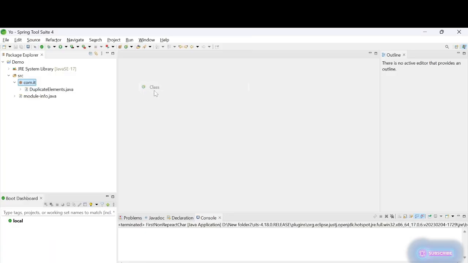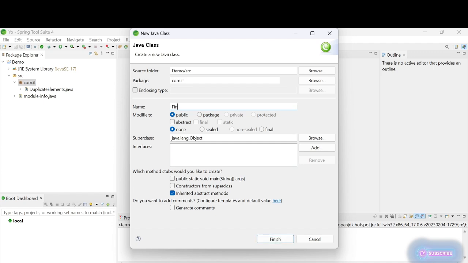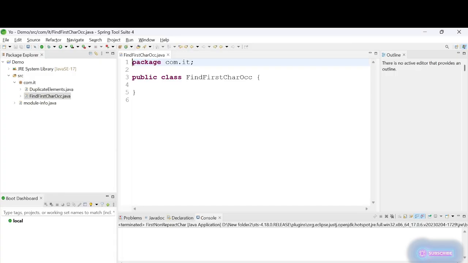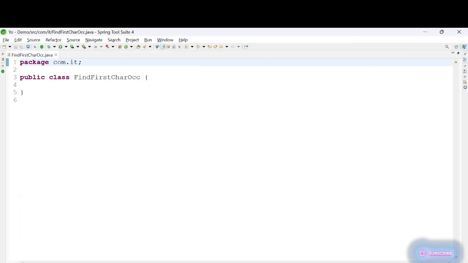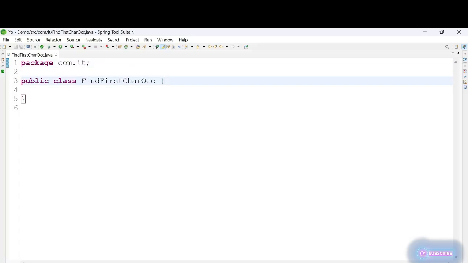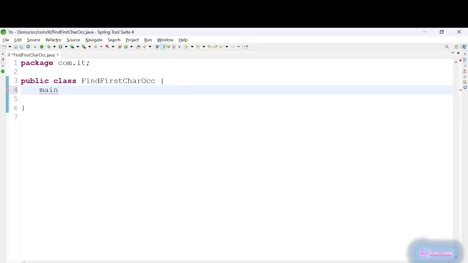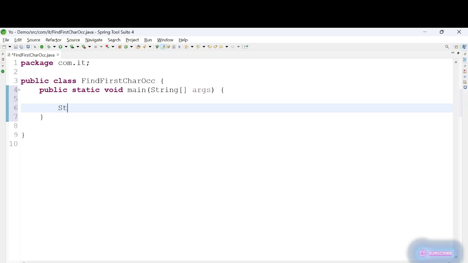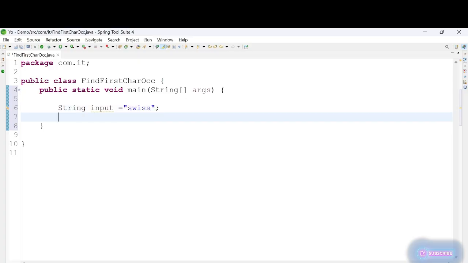The class name is FindFirstCharOccur. And here I'm taking the main method. I'm taking a string input equal to, and here